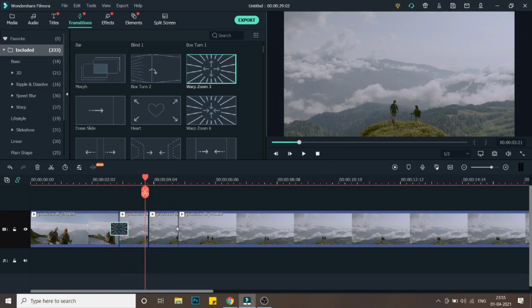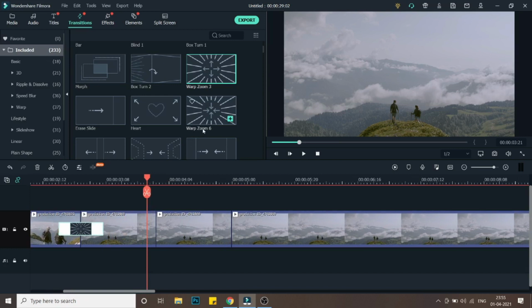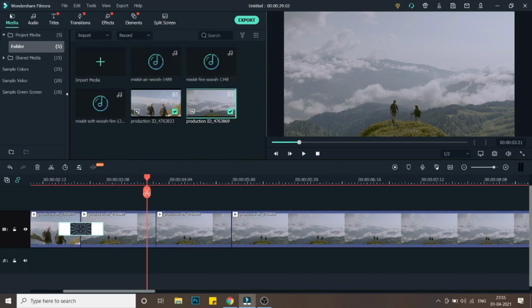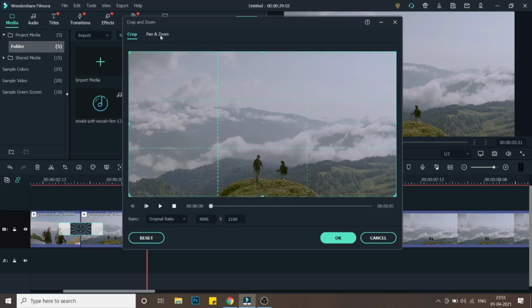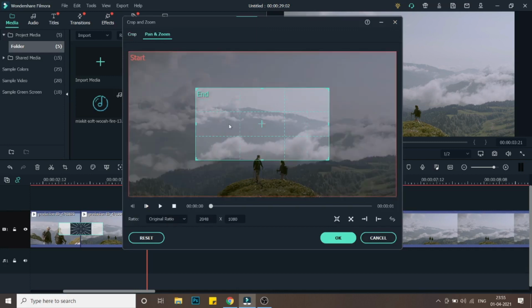So now let's get into the second part, which is a zoom in effect that we saw in the intro. So here what we will do, we'll just select this second part of the second video that we cut, and here we'll click on crop, and go to pan and zoom, and in pan and zoom we'll select the end part and drag it over here.